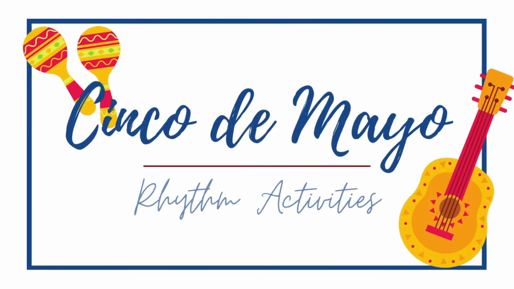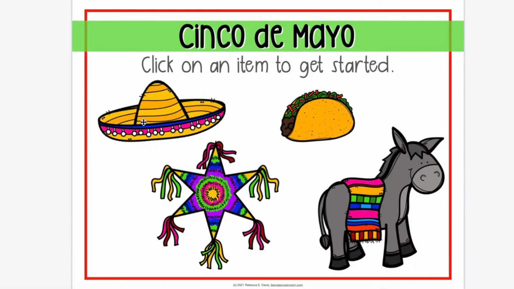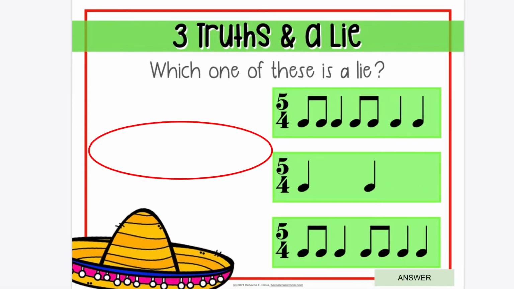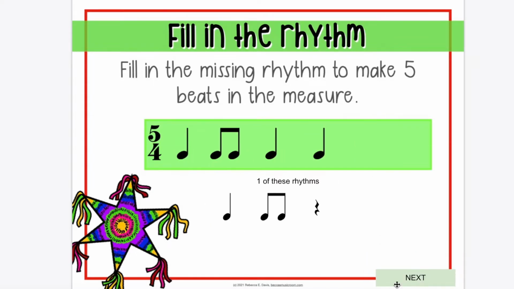So there's that. All right, number 2 is going to be 5-beat time signature activities. So we've been drilling time signature in my 3rd grade this year, so I am very excited about this one. I created these Cinco de Mayo time signature activities that are all 5 beats. So the kids have to do 4 different activities. They have to read rhythms, they have to fill in missing rhythms. So there's a measure that is supposed to have 5 beats, but it doesn't, and they have to fill in the missing beats. They have to compose, and then the other is my absolute favorite, and it's